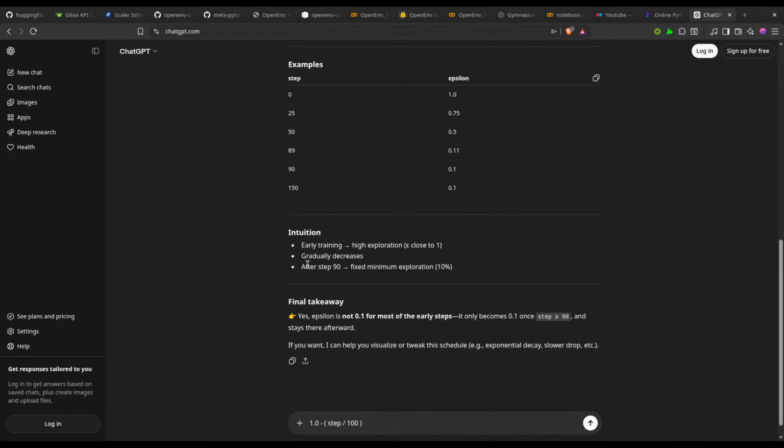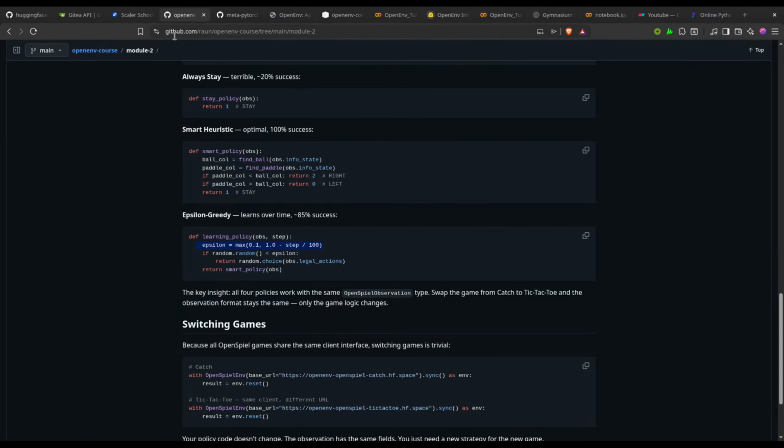Okay, fixed minimum exploration after 90 steps. So we can take at max 90 steps.